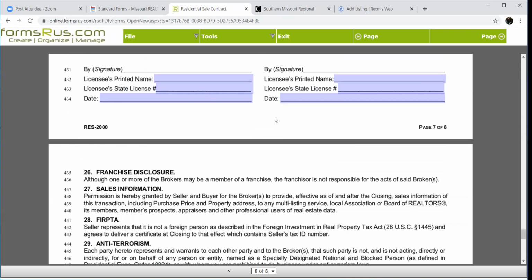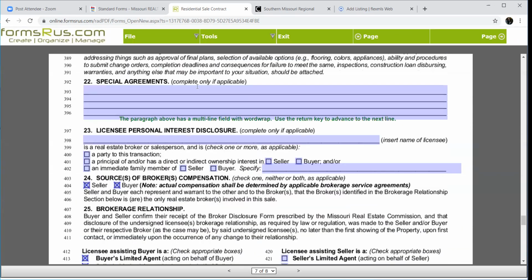Acceleration clause, you can put that here in the special agreements as well. I don't particularly like putting them in the contract because then I'm already saying, I've offered you 100, but I'll pay you 110, so why not? So I prefer not to put them in there if I don't have to, because I think it shows my hand. Now, I am willing to call the agent or email the agent and say, let me know, please don't just kick us out. Give us an opportunity for highest and best if you have more than one offer.